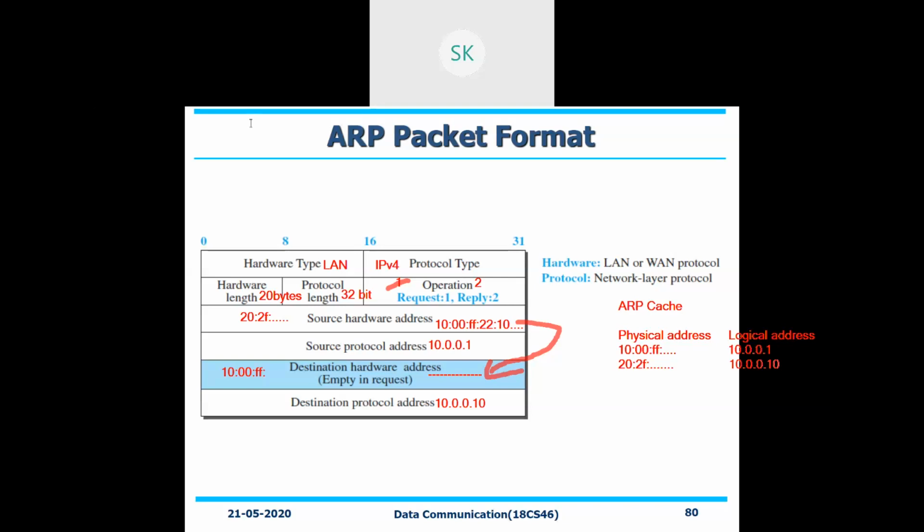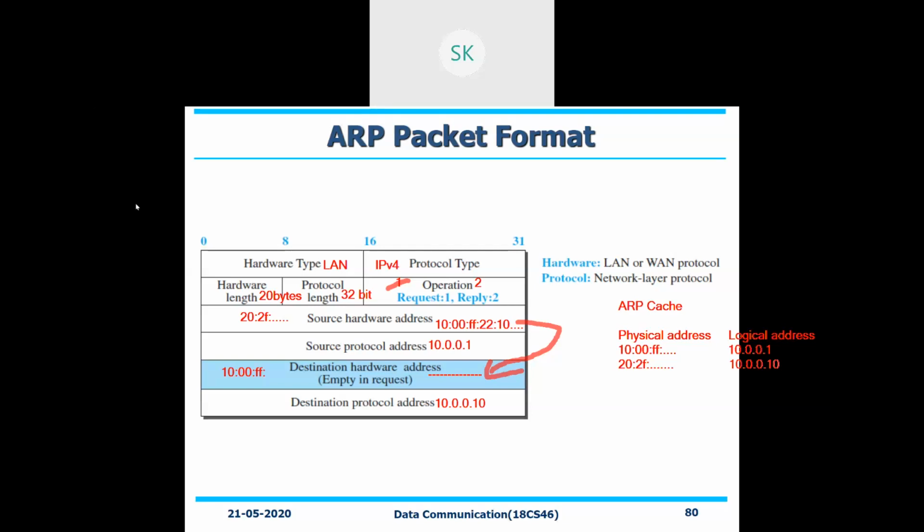So this is how it works with respect to your ARP packet. Why do we need to maintain this ARP cache, sir? Just to have further communication, we need to record each one. If it is previously available, you don't need to leave the destination address empty during the request phase. You can just transmit it as it is. Otherwise, it will broadcast, get the address, and then communicate with it.